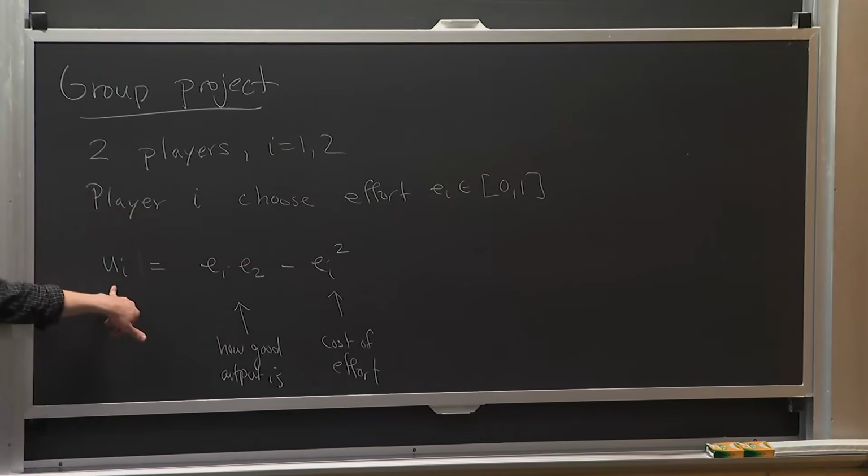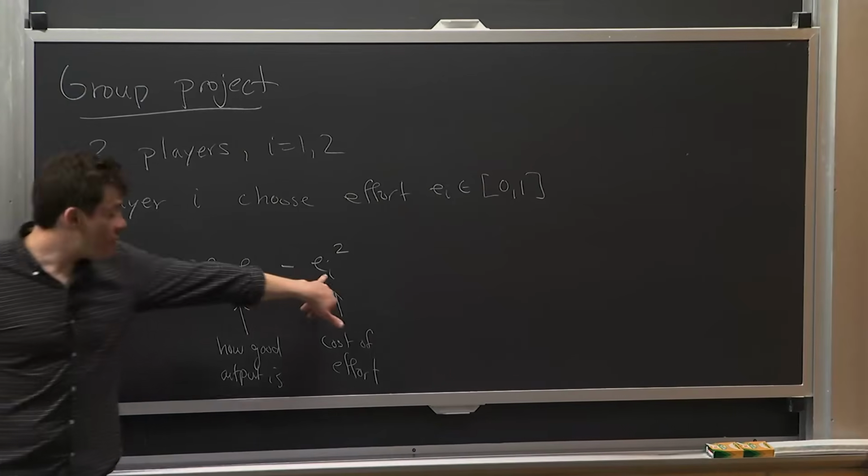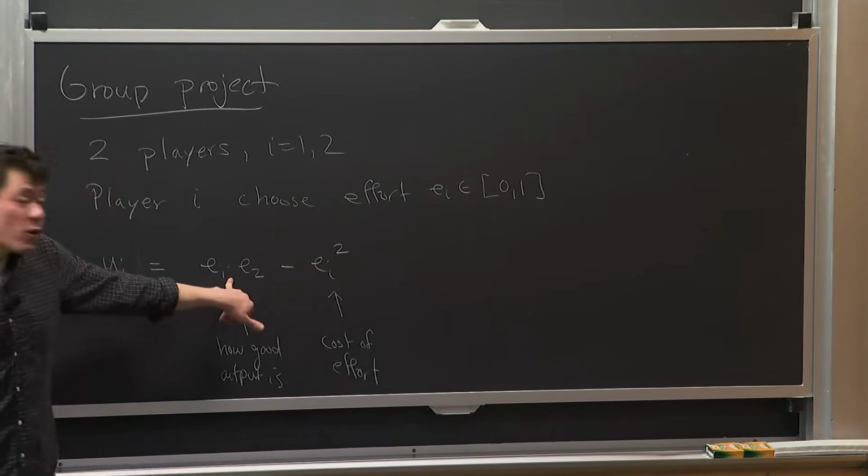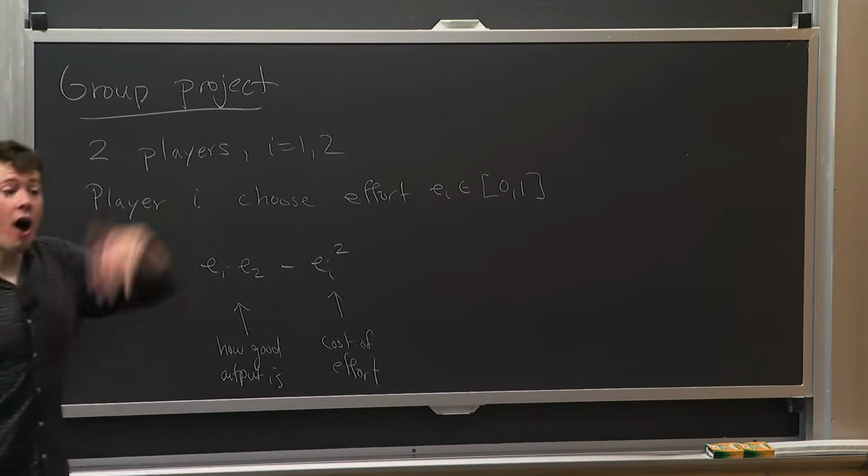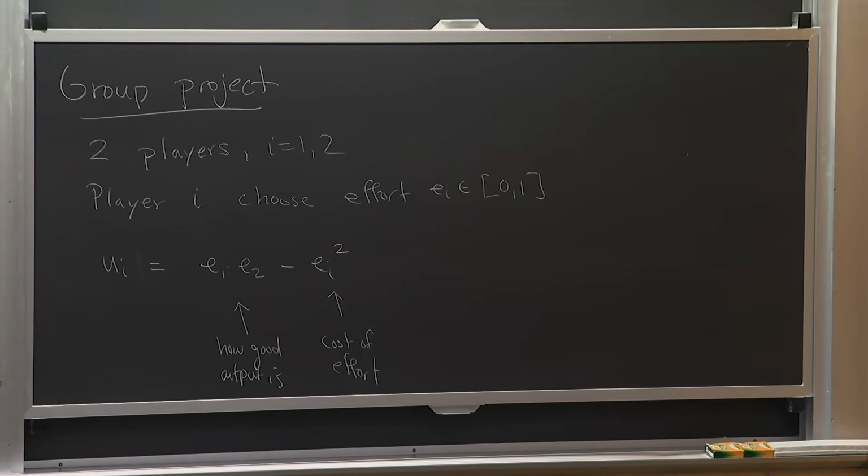So notice if I'm player i, my effort e_i affects my cost, and it also affects the quality of the output. The other player's effort affects the quality of the output, but not my cost, because I don't bear the cost for the effort that the other player is putting in. This is a pretty simple game to analyze, but the trick is we're now going to put a theta up here,